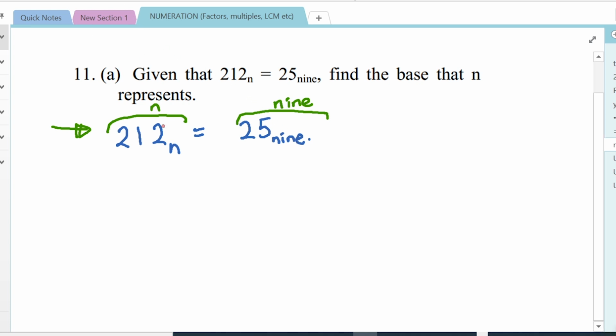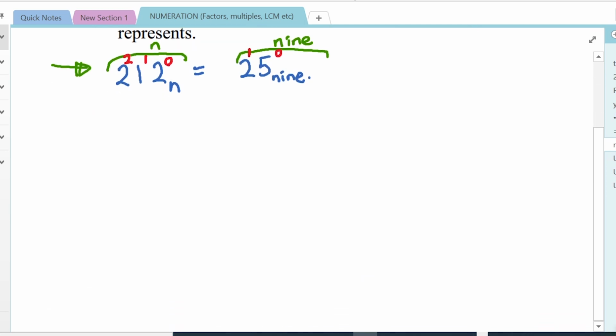That is the approach. So this is going to be 0, 1, 2. I'm assigning powers, even this is 0, 1. We change to base 10 on both sides. Then that's when we shall be able to find the value of n when both things are being converted to